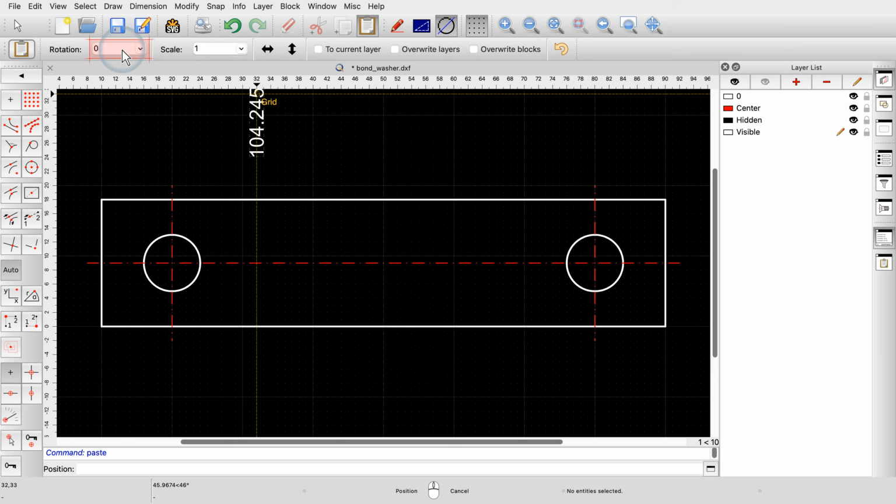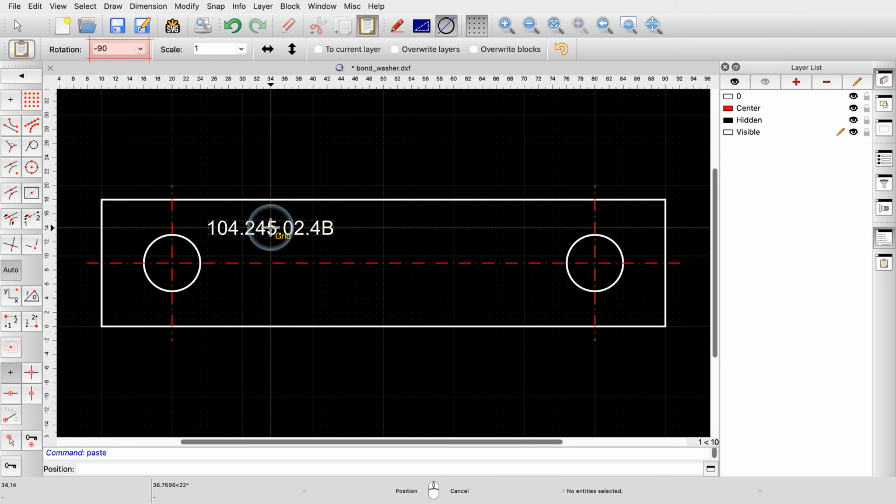While pasting, we can rotate the text by -90 degrees by entering the rotation angle in the Options toolbar. Angles are always measured counterclockwise. A rotation of -90 degrees corresponds to a rotation of 90 degrees clockwise. We can also use the F5 and F6 keys again to rotate while pasting. With F6, we rotate the text clockwise. And with F5, counterclockwise. With a click, we place the text in the drawing. To terminate the Paste tool, we click the right mouse button.